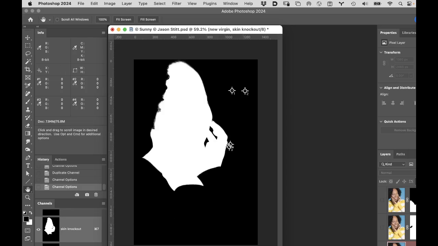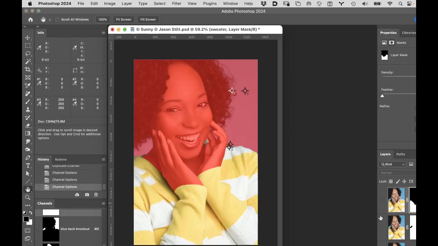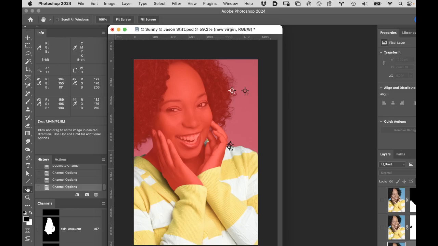And the same thing with the sweater mask. I'm going to just rename that sweater knockout. The original sweater mask? Yeah, if you select the sweater mask itself, click on that layer, it'll show up as this sweater mask with this backslash. Just drag that down to the square with a little plus in the middle and rename that copy sweater knockout. So then when I go back to my new version at the very bottom, I'm going to turn